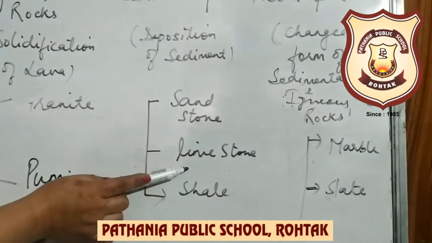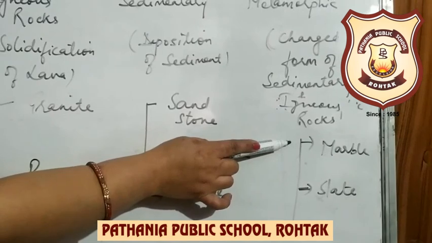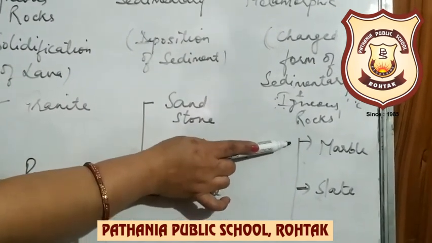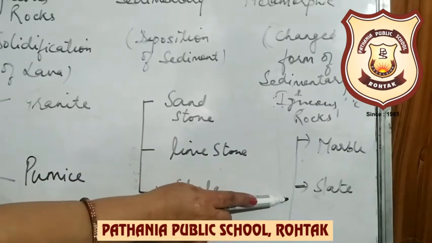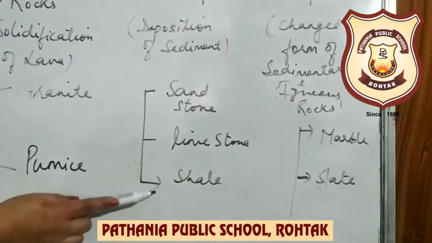Marble is made from limestone and marble is used in flooring especially. Okay, it is used in making monuments like the Taj Mahal. Okay, it can be cut and can be polished. Second, beta, slate. Slate is a metamorphic rock, what is it made from, beta? It is formed from shale.